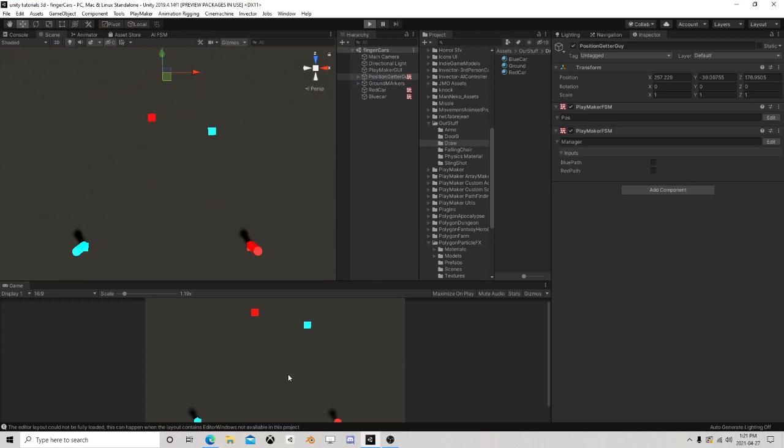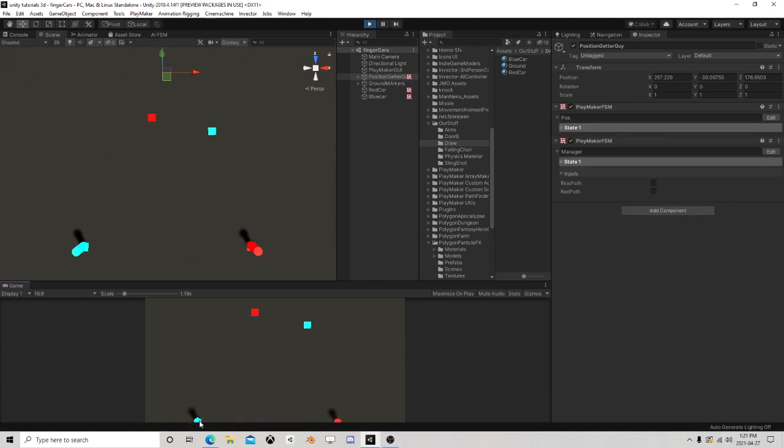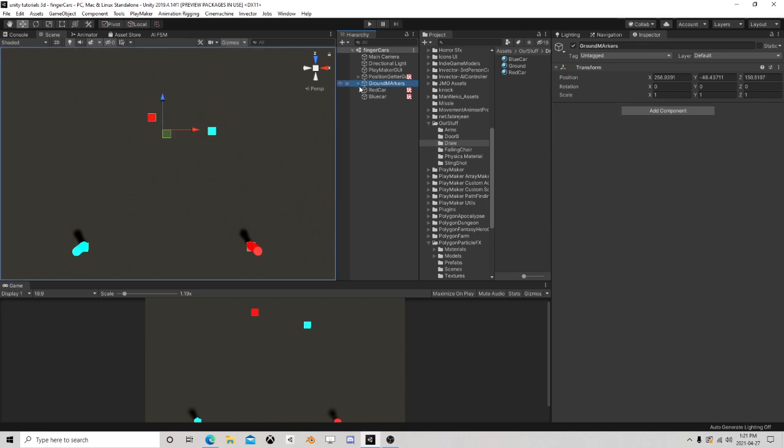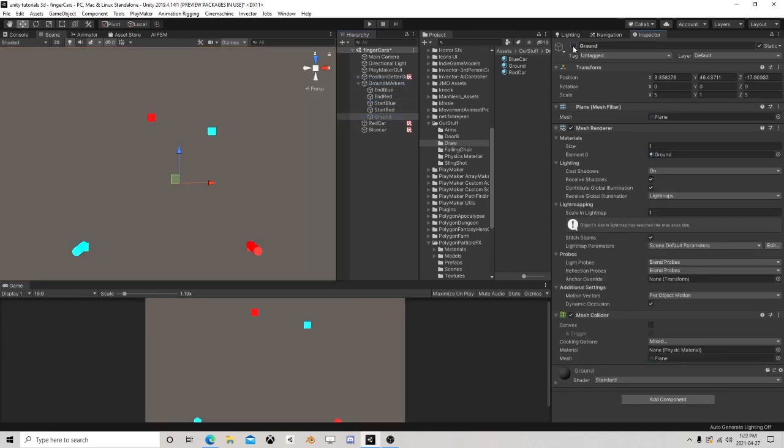I'll even show you kind of where we're at first, right? So I can click and drag it to there. I can drag this one here, and when I'm done, the AI travel together, and they hit and they break. So the way I got here is, first of all, we have a ground, and this ground is just the